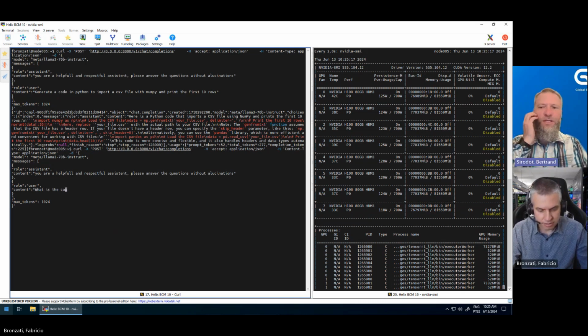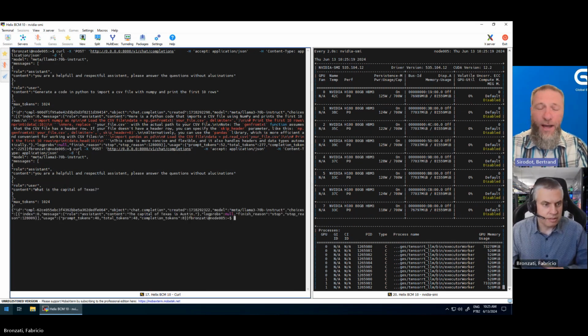I think it's interesting that NVIDIA has gone with the OpenAI API because, as you say, a lot of our customers are implementing applications based on ChatGPT and are very familiar with the OpenAI API.